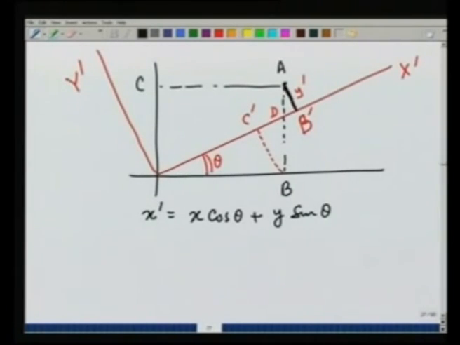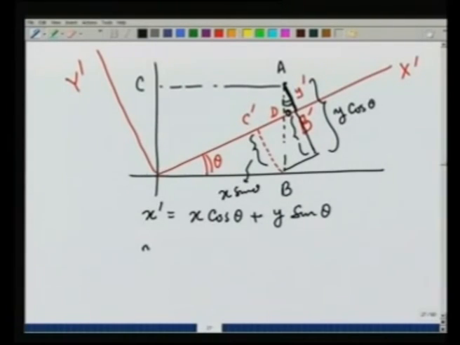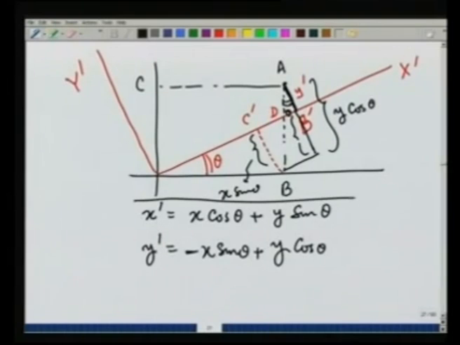Similarly, if I were to calculate y prime, this length, let me extend this here, this distance is nothing but, this angle is theta, y cosine theta minus this distance, which is the same as this distance, which is nothing but x sine theta. So, y prime therefore is going to be y cosine theta minus x sine theta,